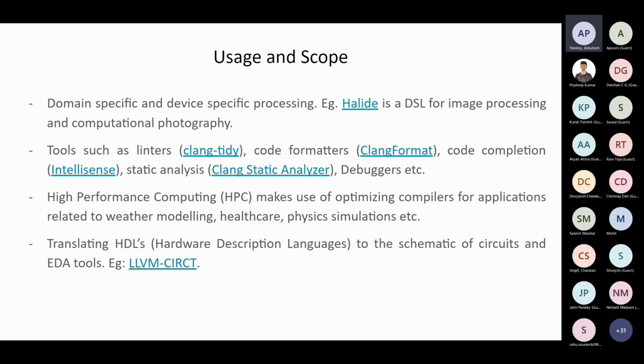Then there's physical simulation. If you ever sat in a car or airplane, when it was being designed, it went through a lot of CFD simulations, which simulate how the car behaves when it crashes. Obviously, you need to do real world tests, but that can get very expensive very fast. So using high fidelity simulations, you can find out how the car deforms under pressure, how it performs when there's a lot of air, what the aerodynamic properties are. For these kinds of physics simulations, we have applications like ANSYS, and over here also optimizing compilers are used to build these applications.